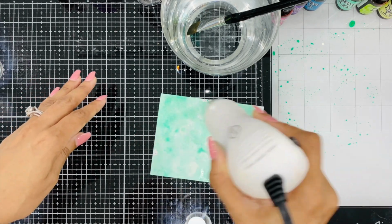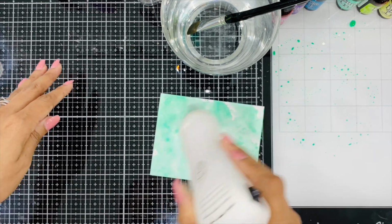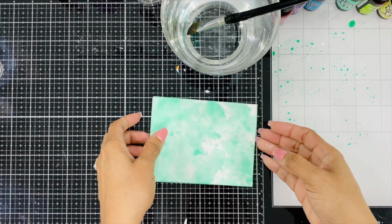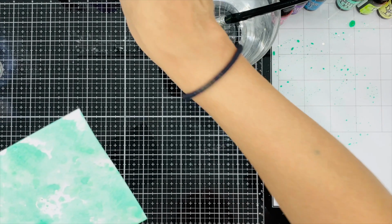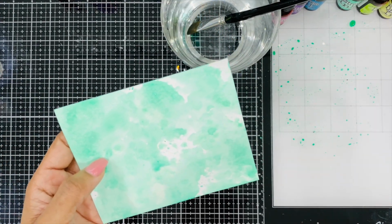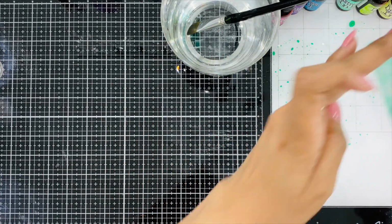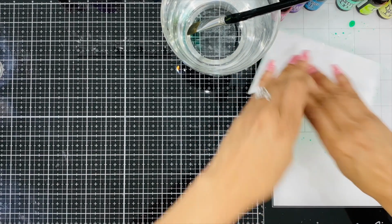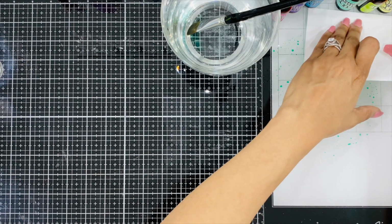There you go. You don't have to get it super dry, but that is a start. And there you go. And that's nice, but I want to add some more water, some more ink, and I'm going to go ahead and put on some more color so I get some of those nice little variations and gradations of color